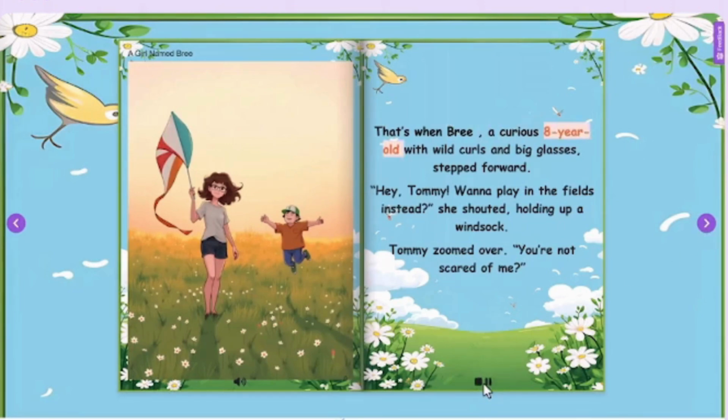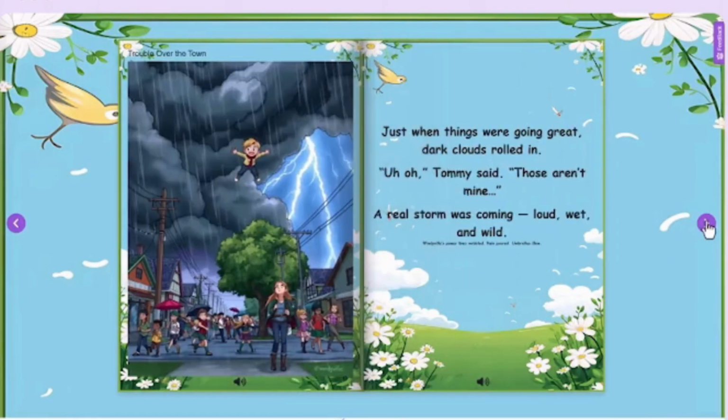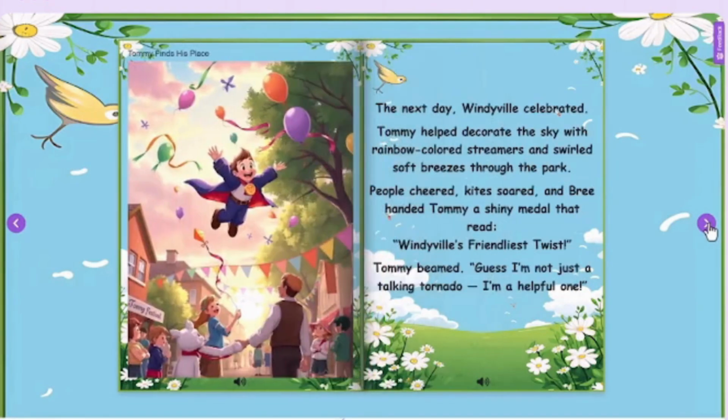That's when Bree, a curious 8-year-old with wild curls and big glasses, stepped forward. Just now, you saw how we created a kid's book. With Magic Book AI,